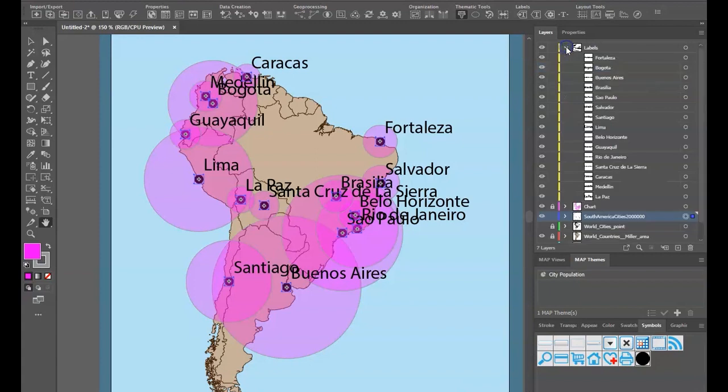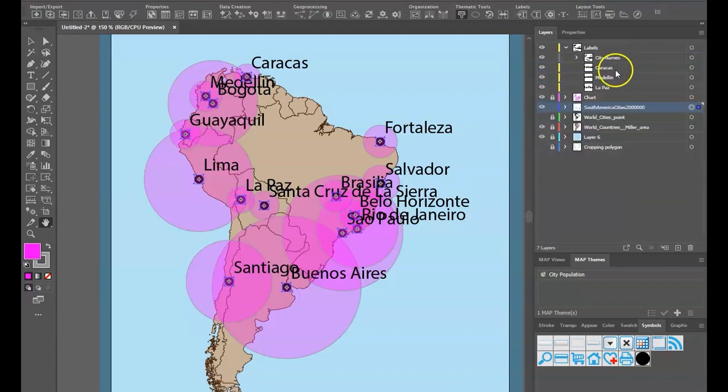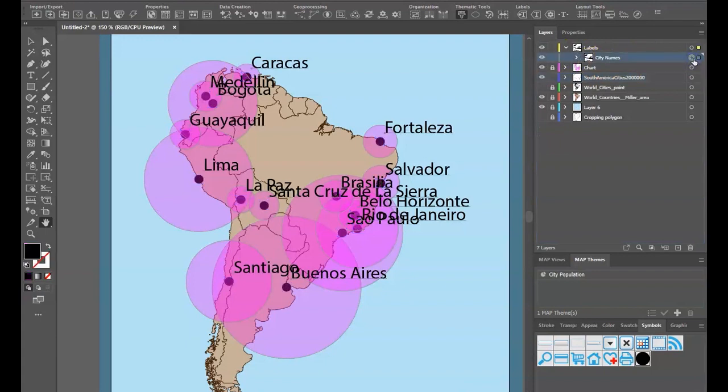And actually, while I'm doing this, I'll show you something that I find is somewhat useful. I'm going to create another little subfolder here, and I'm going to change that to city names. And then I'm going to take all of these city names, and I am going to drag them into that. And I didn't get them quite all, so let me get the last two here. And I can drag them in like that. And now I can just select that one folder and then later lock it and make any changes that I